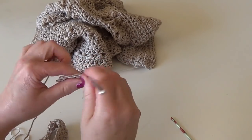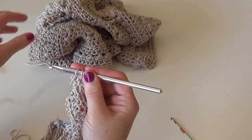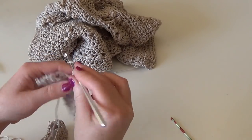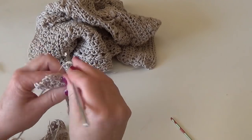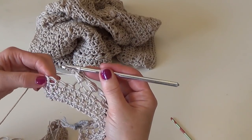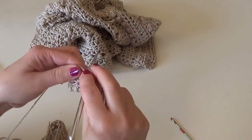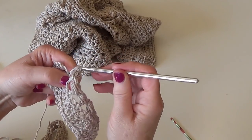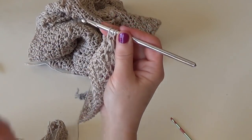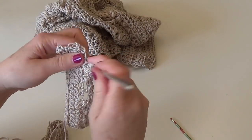skip, half double crochet, and in the post 2, 3, and this, and I have 1, 2, 3, 4 stitches left. Skip one, work a half double crochet here, a puff, 1, 2, 3,